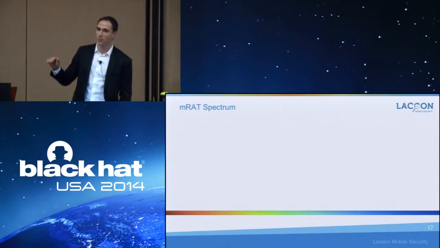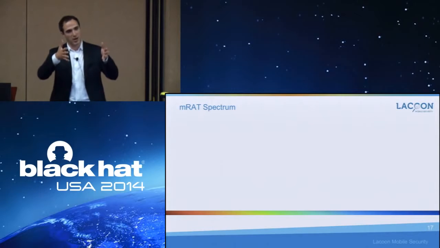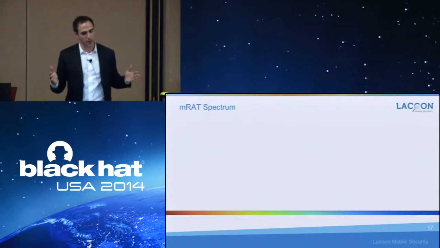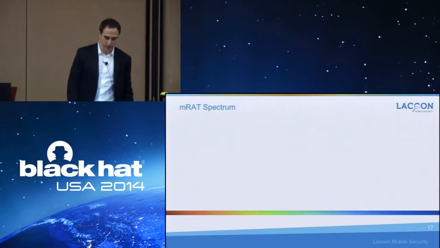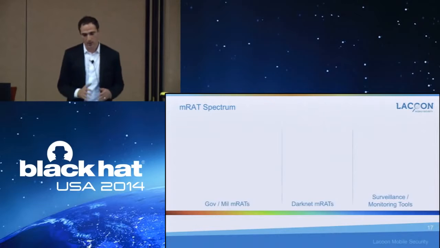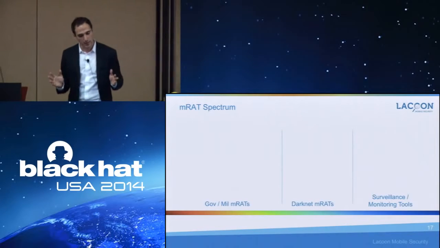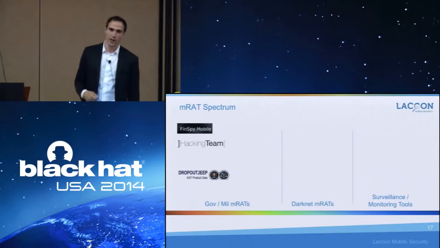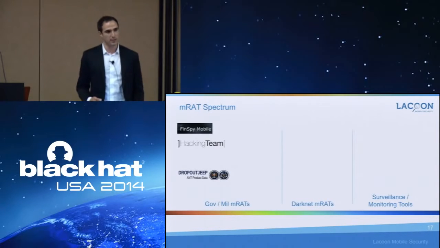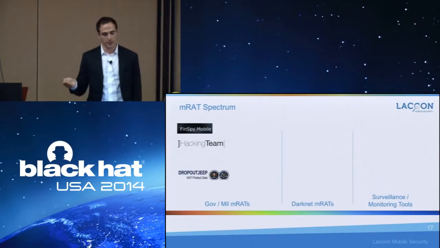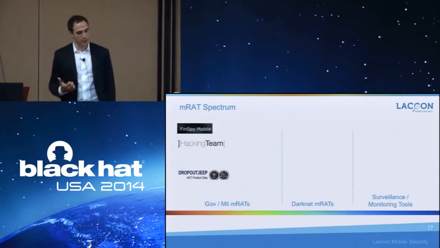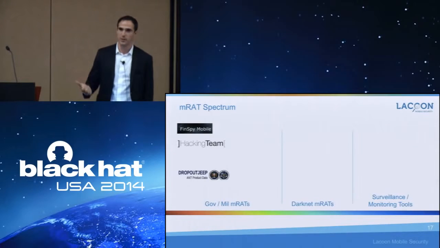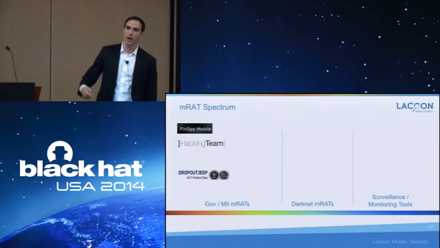clearly one of the interesting things that we should understand about MRAT is that it is not one category. It is actually a spectrum of different types of malware, different types of Trojans, different types of surveillance toolkits. And the way that we basically divide them is into three categories. The first category is government-grade or military-grade mobile remote access Trojans, usually used by all kinds of intelligence agencies. In the recent Snowden leak, there was a reference to DROPOUTJEEP, basically an NSA implant for iOS devices,